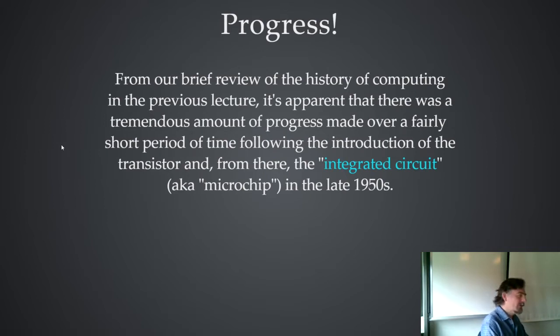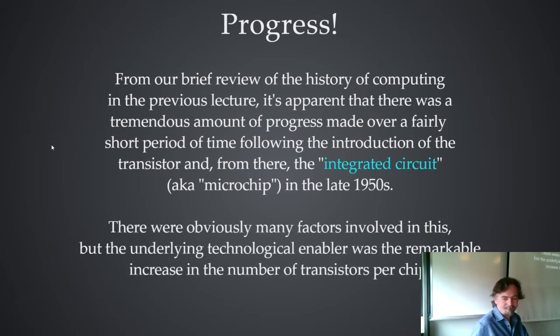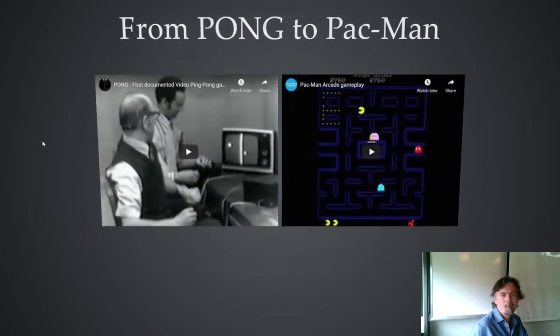So you already have realised from Monday's lecture that obviously there's been a huge arc of progress from the primitive 1940s computers to the 70s and 80s games machines and the kind of things that we have now. And that was in part via the transistor and also via the integrated circuit, as I've just mentioned. Basically what made it all possible was being able to put more tiny transistors on a sliver of silicon. And the more you can put on it, the more you can do with it. And that's how computers become better over time.